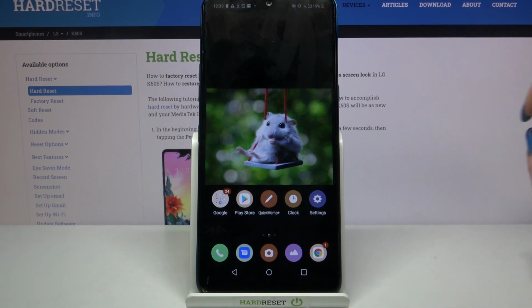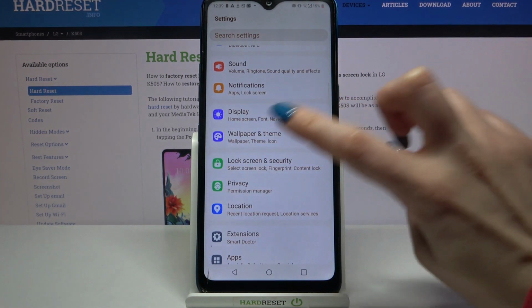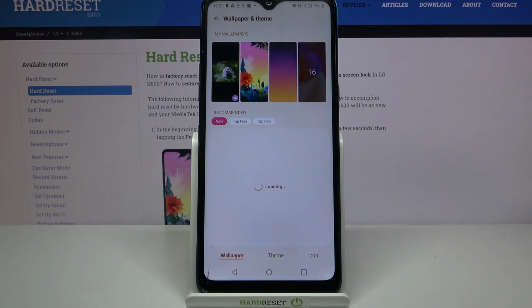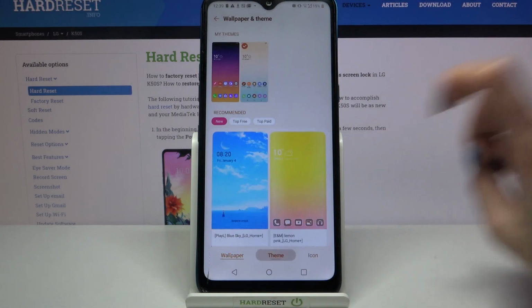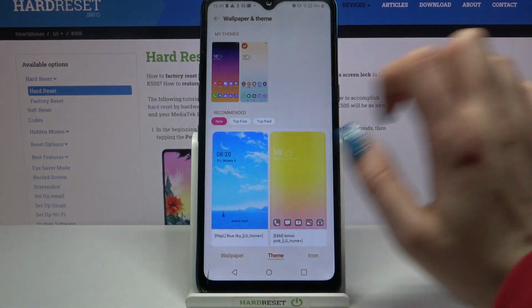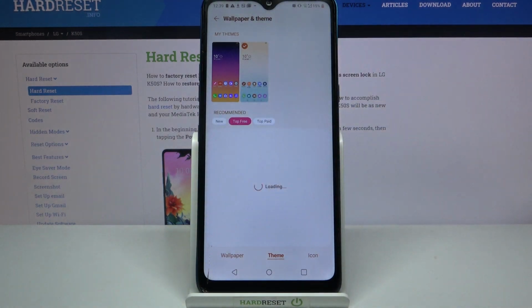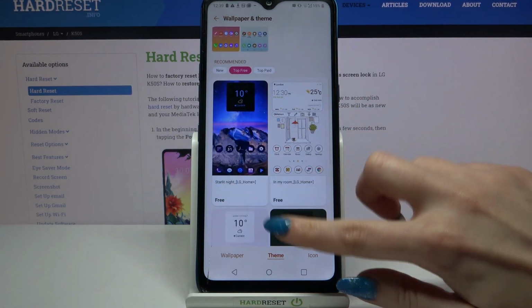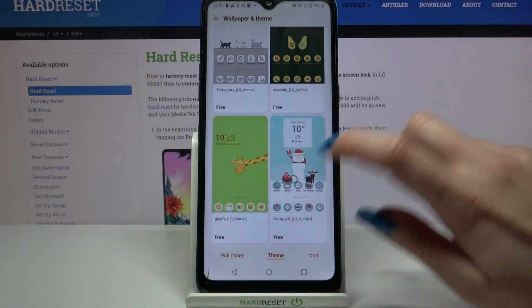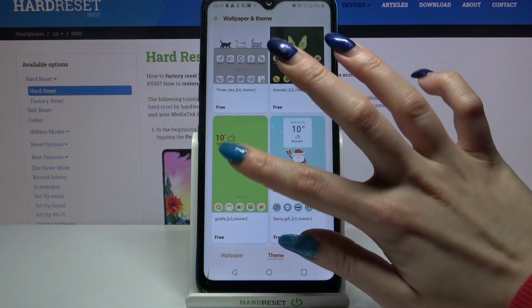Start by opening settings and scrolling down, then click wallpaper and theme, tap theme in the middle, and I will go with top 3, so I have to tap on this option and select one of the themes that you like the best. I will go with this one, so I have to click on it,